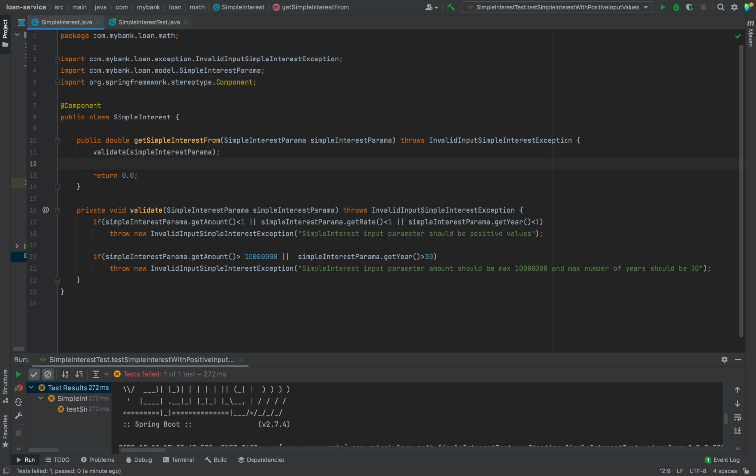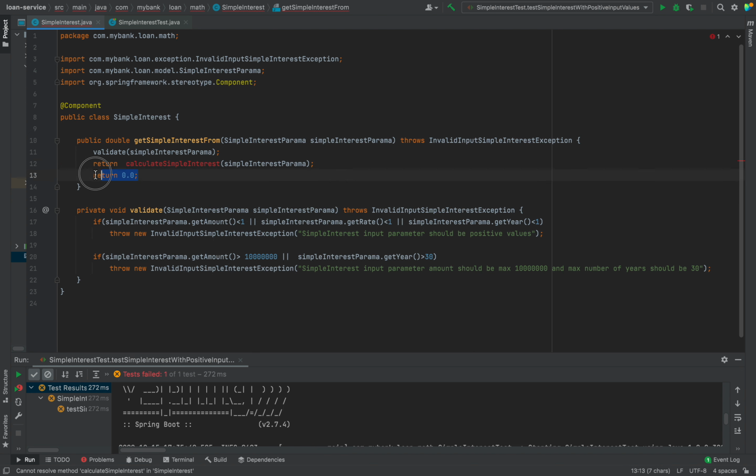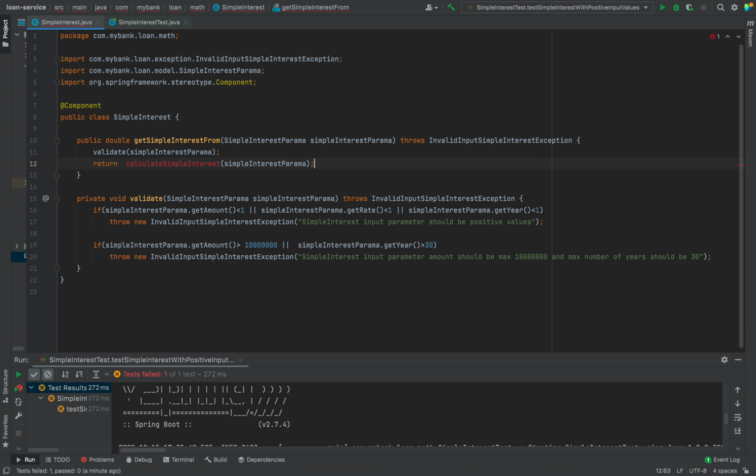Rather I will call another method to calculate simple interest from the input simple interest parameter. So this should be the return value now. So I will delete this return statement and I will create this private method